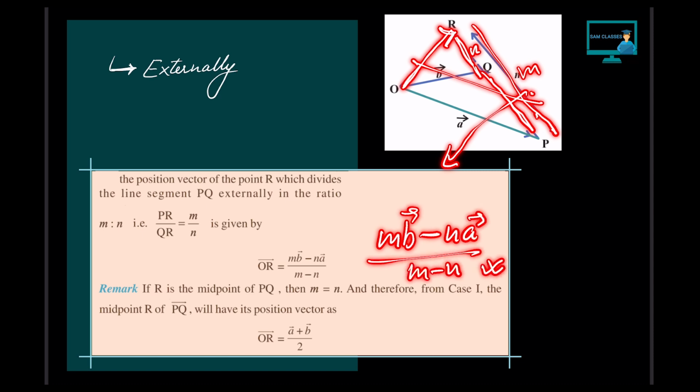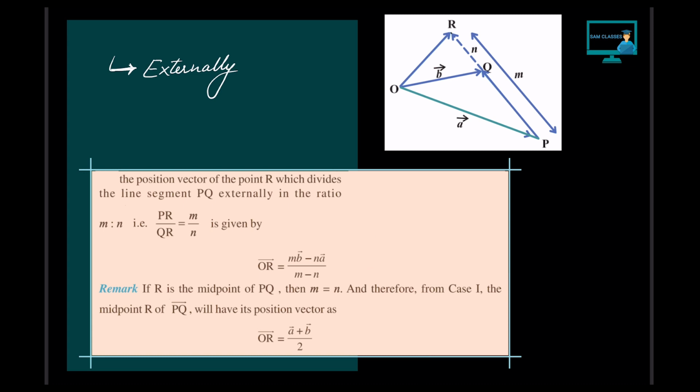That's it. Now, very important, what they will give you in the KCT exam is the midpoint form. The ratio is, let's say, m equal to n, that is 1:1. In that case, it will be (a vector plus b vector) by 2. That's it. They'll tell you to find the diagonals and all. We'll see in the PYQ section how to solve them in less than 30 seconds. The application of the section formula is important.